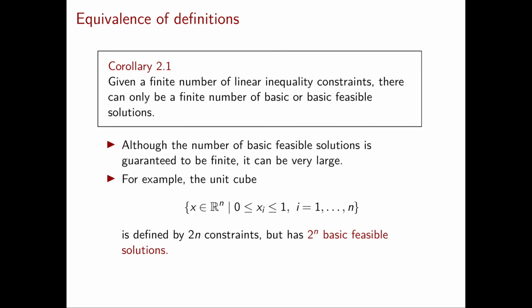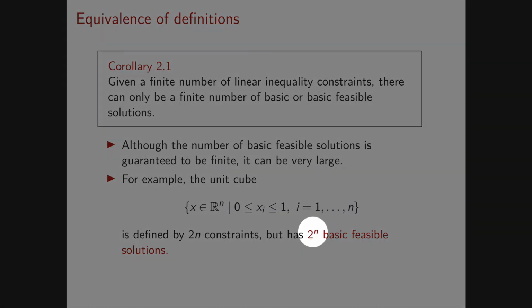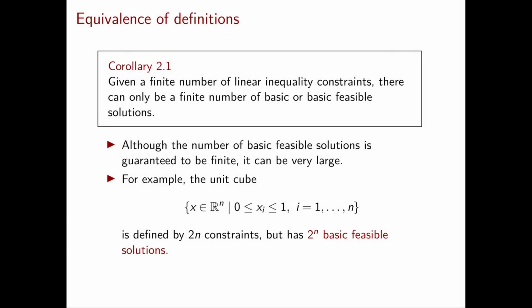We have not yet discussed the computational complexity, but such a number is very large, essentially because it has the n in the exponent. It turns out that to obtain more efficient algorithms for linear programming, we will need some more interesting ideas. One idea that will be at the heart of the simplex method that we will be studying in detail in chapter 3 is that of jumping from a basic feasible solution to one that is close by. But what does it mean to be close by? Next, we will introduce the concept of adjacent basic solutions, which essentially allows us to formalize this concept of solutions that are close to each other.